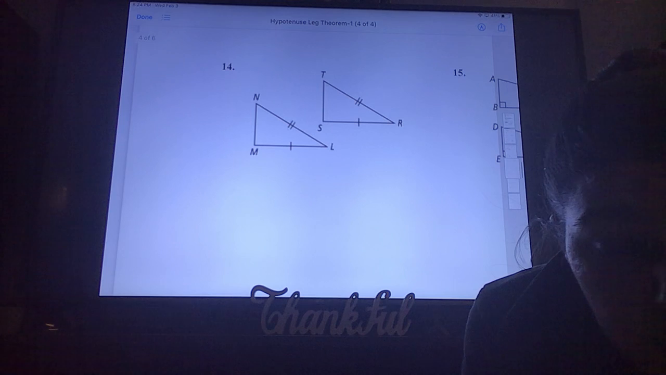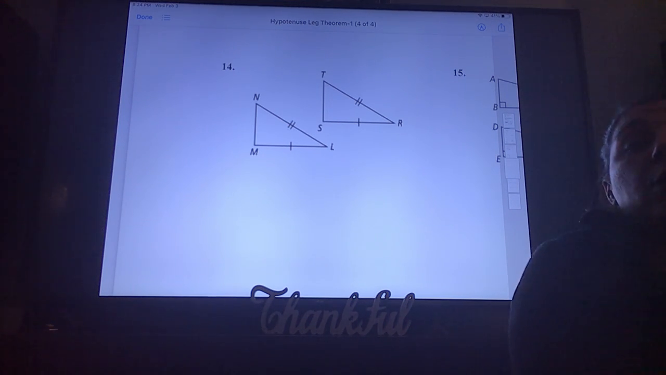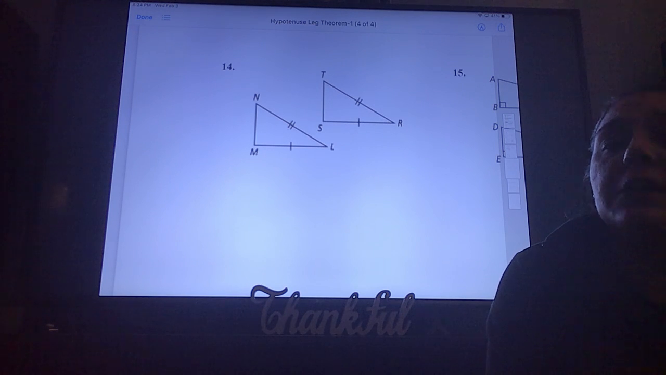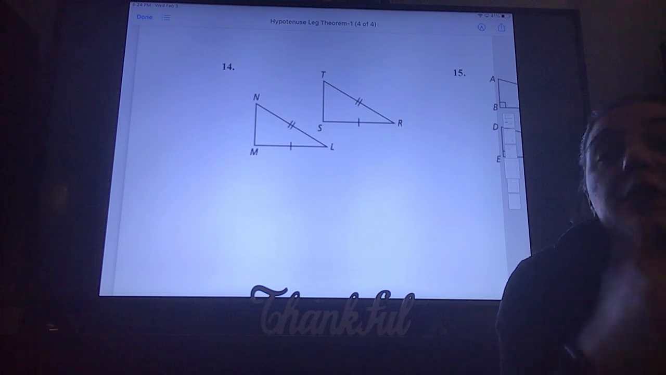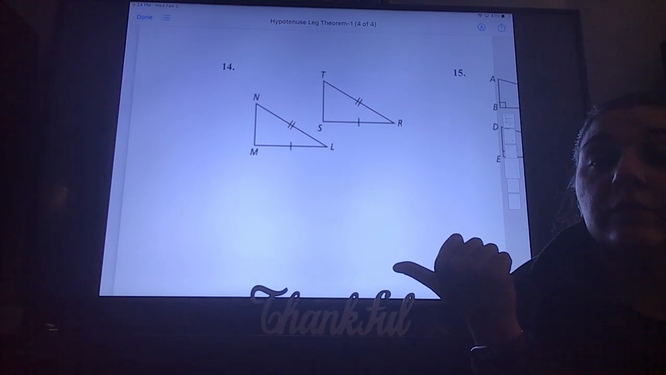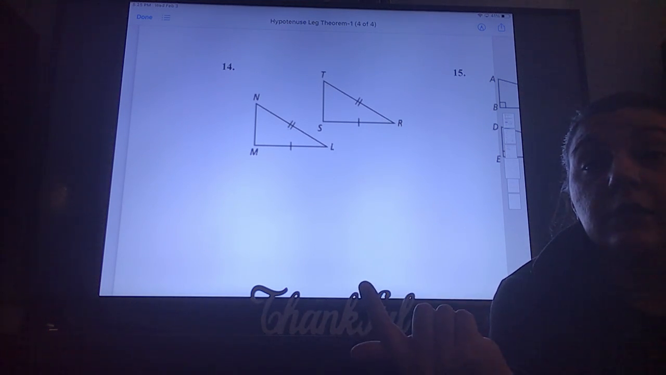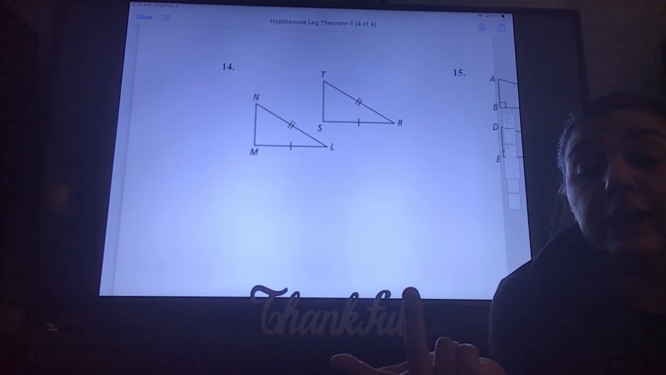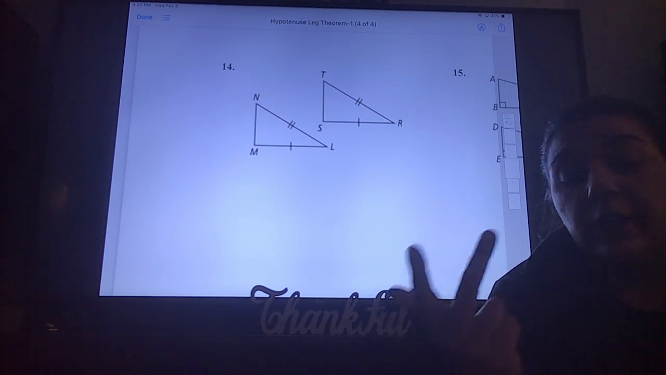Okay, 14 is the same. What are we missing? What do we need? There are 3 requirements for the hypotenuse leg theorem, and I want you to take a second and think about what they are. What are the 3 things that we need to use the HL theorem? Okay, we need a pair of right angles. We need a pair of congruent hypotenuses and a pair of congruent legs. So essentially you need 1 bow and 2 tick marks. And by that I mean